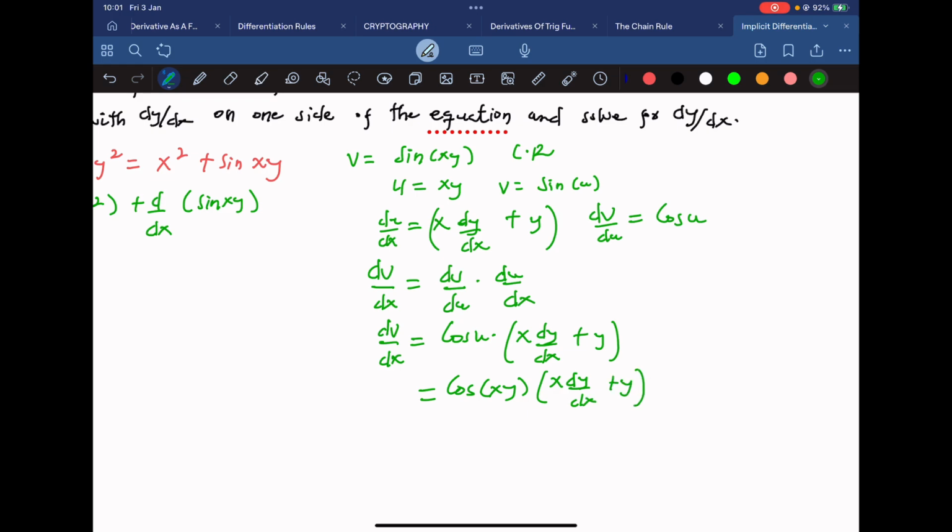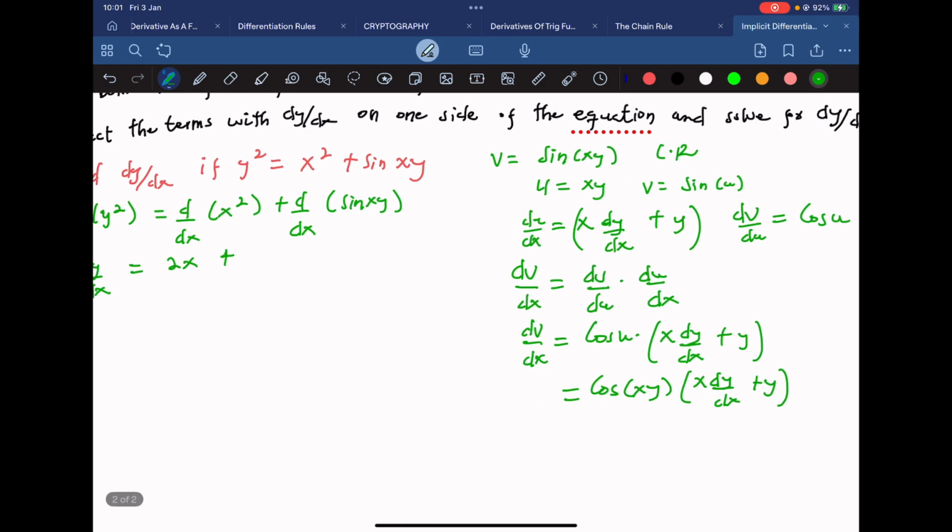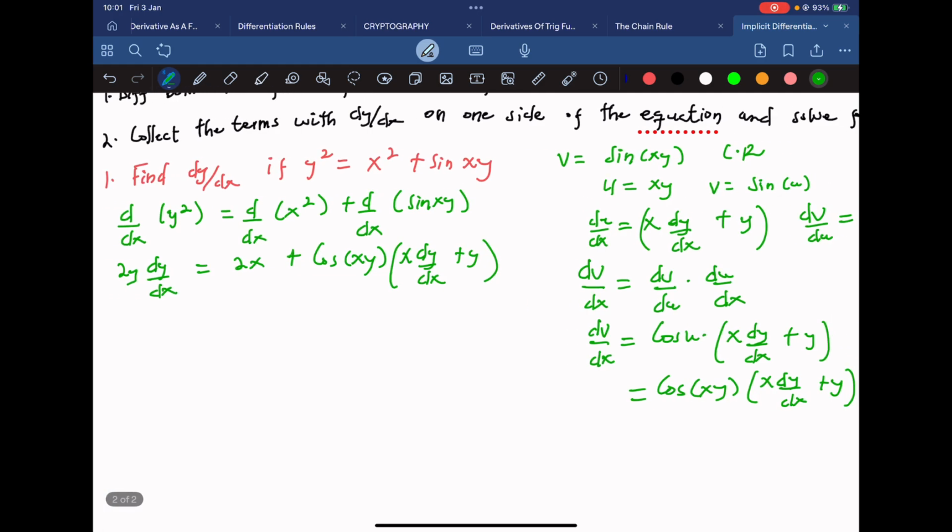So we can go back to here. Now if we differentiate sine of xy, this is what we have. So in this case, we have cos of xy multiplying x dy/dx plus y. So we have 2y dy/dx,